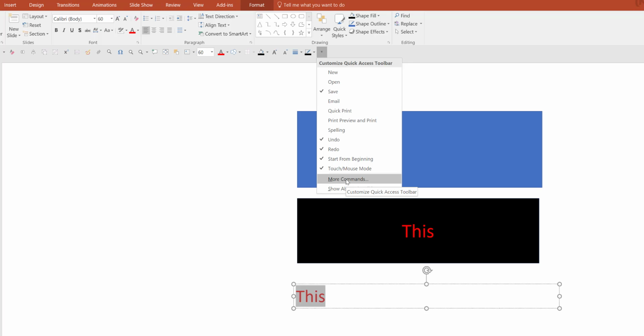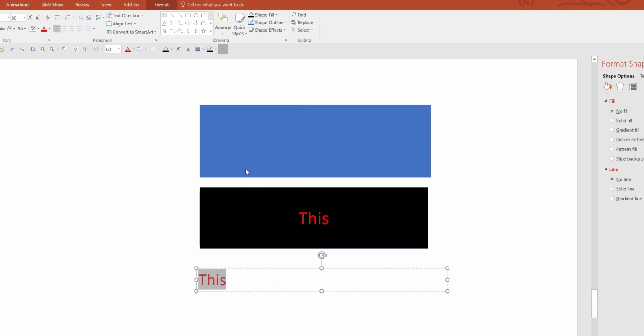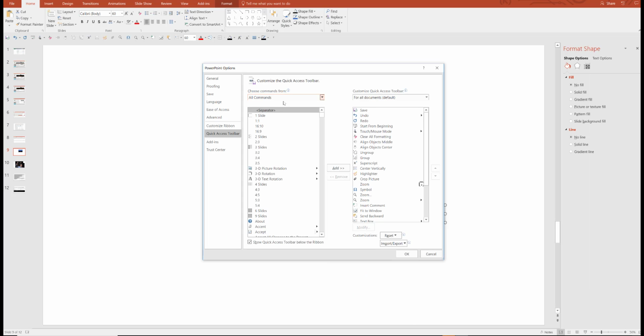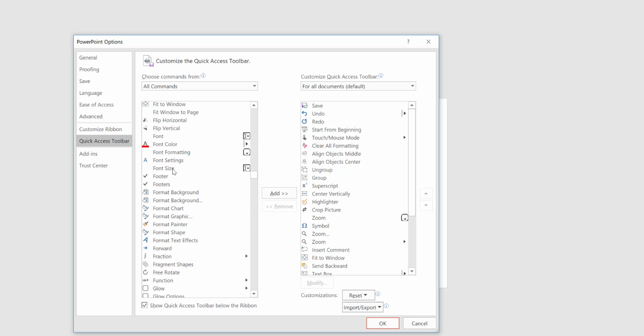So you have to go into your quick access toolbar customization tool. That's the one over here. You click again on more commands, and instead of choosing from just popular commands, you want to choose from all commands, and there it is. So now you have all the commands listed over here. So let's say that I want to add a button for changing my font or font size. So I just scroll down on the all commands to font size,